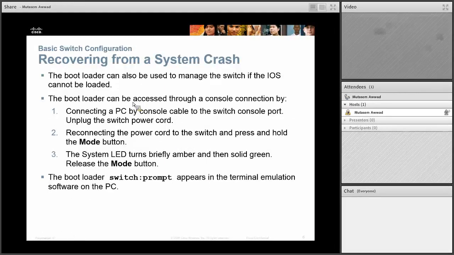if your switch crashes for whatever reason? You have a bad operating system and it did not load correctly, or there is no operating system in the flash. So what do you do? You take your PC and connect to the console port of the switch, right? Turn off the power, which actually, there is no power switch on those Ethernet switches. You have to unplug the cord from the wall and then plug it back in,